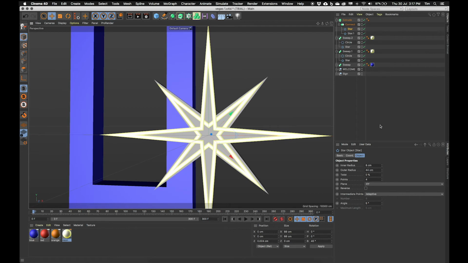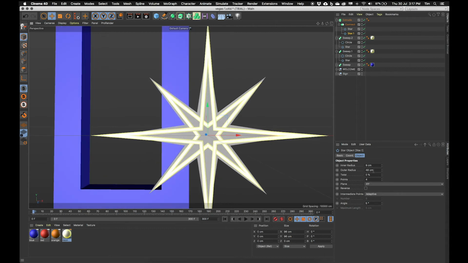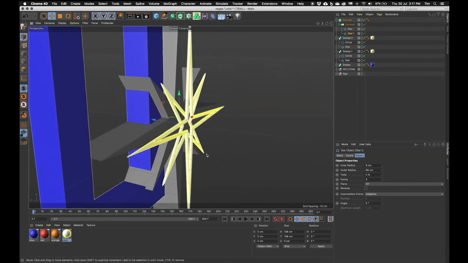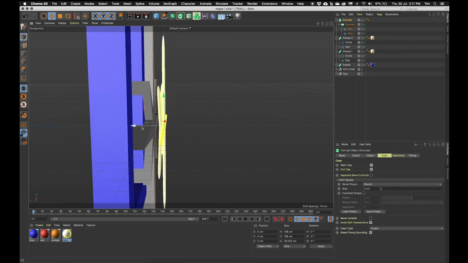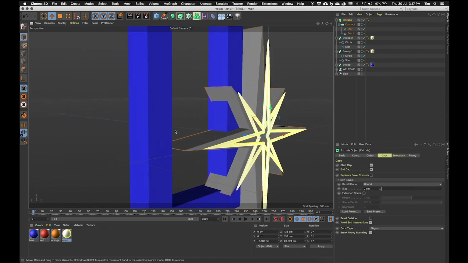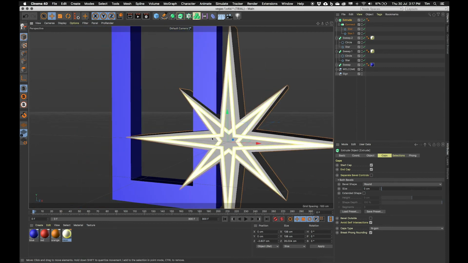So I've got an inner radius of 8 there, so let's change this other one as well. Let's make that 6, 7, 8, and make the outer radius a little larger until it goes just past the neon part. And let's grab that extrude and just bring it up fairly close in behind the star. So there's the star section made